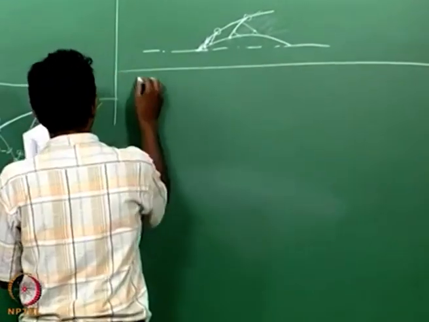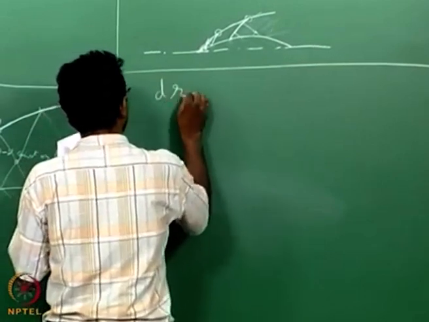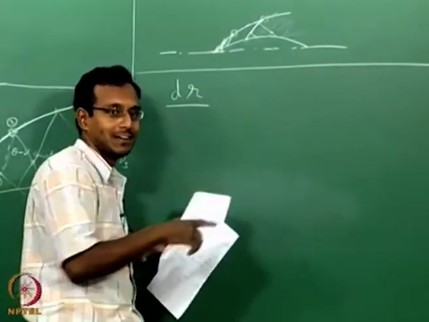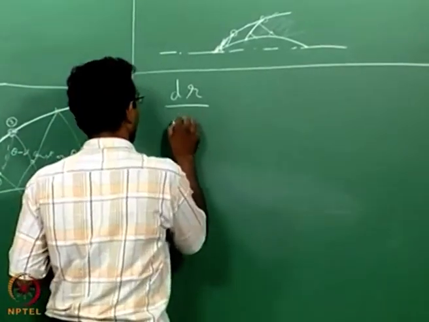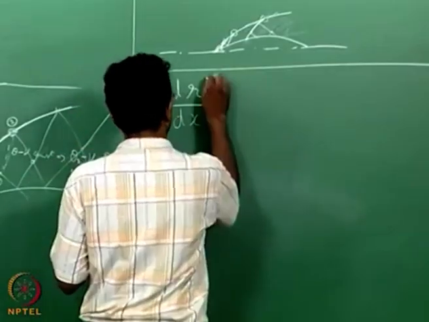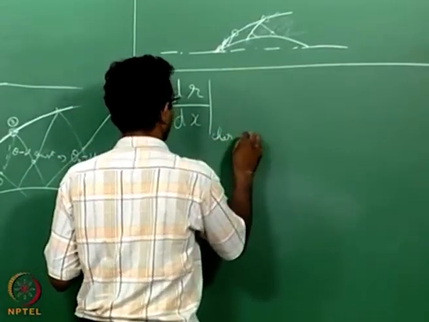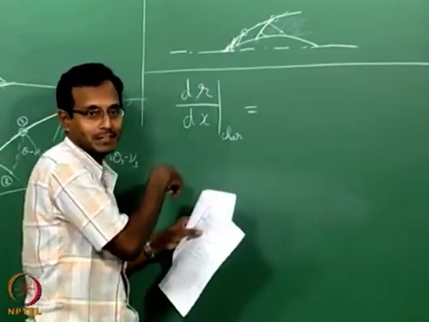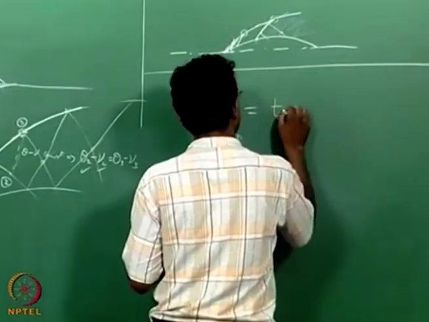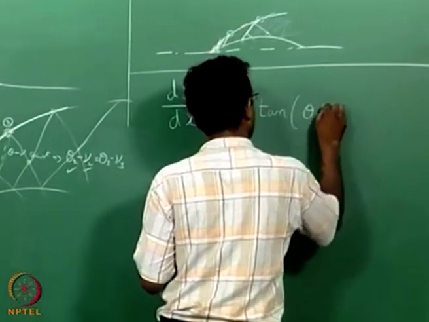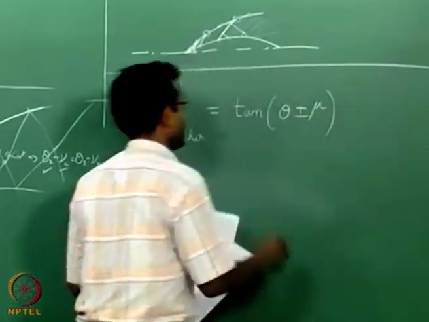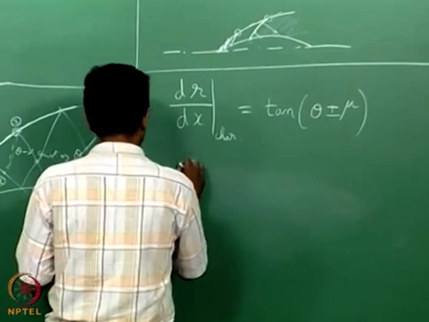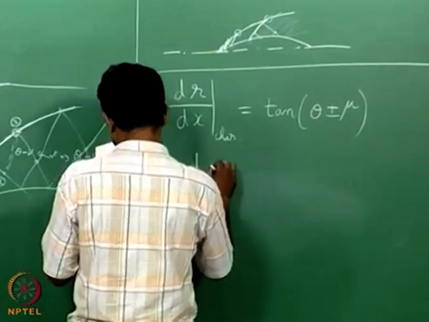For axisymmetric MOC, instead of y I am using r, because now it is radial versus axial, only two variables that matter now, dr by dx. For characteristic directions, instead of dy by dx before, now it is dr by dx, the radius by dx, is going to be equal to the same thing as before, theta plus minus mu. This is not going to change, this is just deciding our Mach cone direction. But along each characteristic, now I have to specifically say